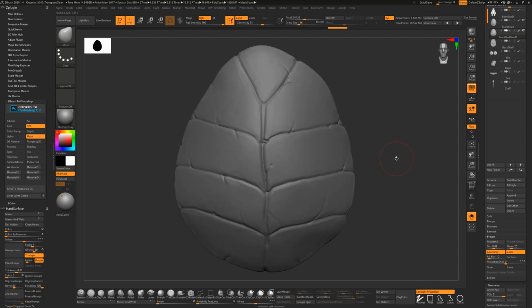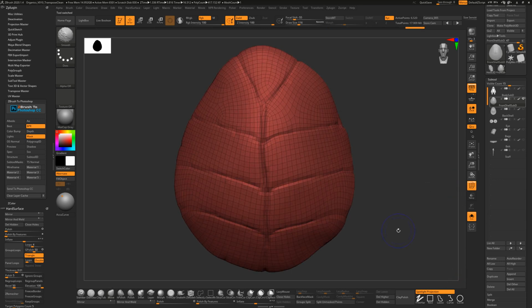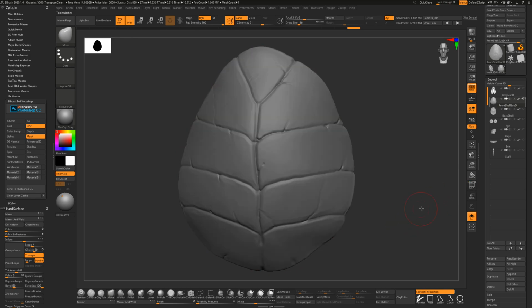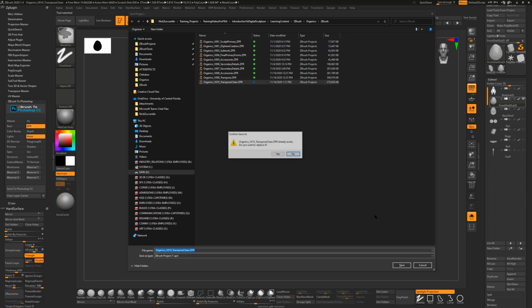So I'm going to hit the arrow key. If you remember how we were taking a look at our different models, and I really don't see a difference in the models now that I'm stepping in between these. So I can get rid of this one. I don't need the old version, and then now I've got this new version with subdivisions, and I've captured the model. Okay, I'm going to save the file,